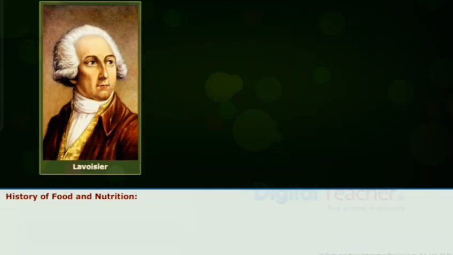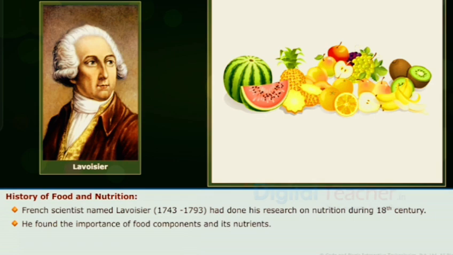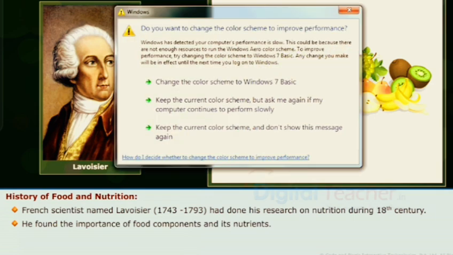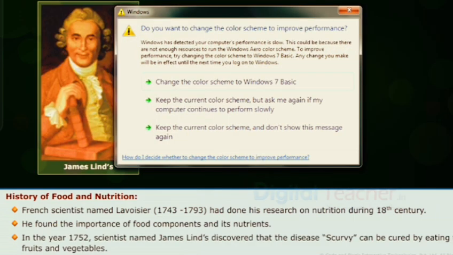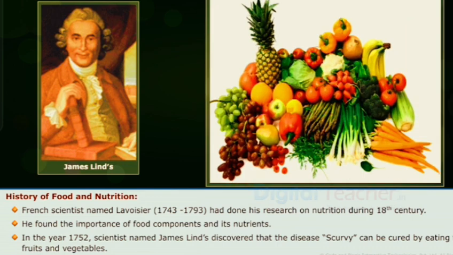Now, let us know about the history of food and nutrition. The French scientist named Lavoisier, 1743 to 1793, did his research on nutrition during the 18th century. He found the importance of food components and their nutrients. In the year 1752, a scientist named James Lind discovered that the disease scurvy can be cured by eating fresh fruits